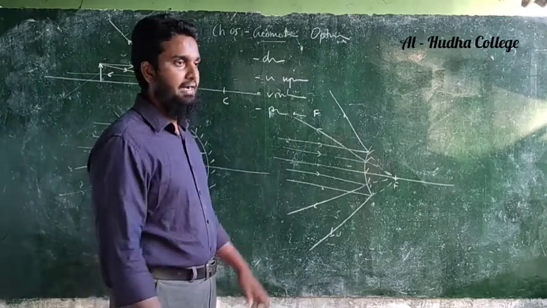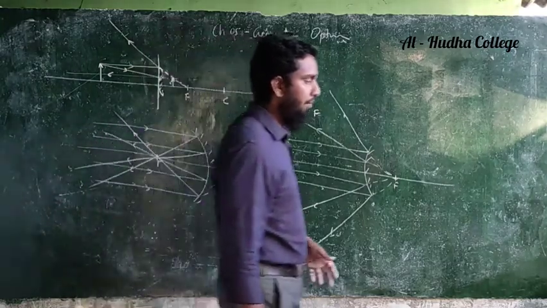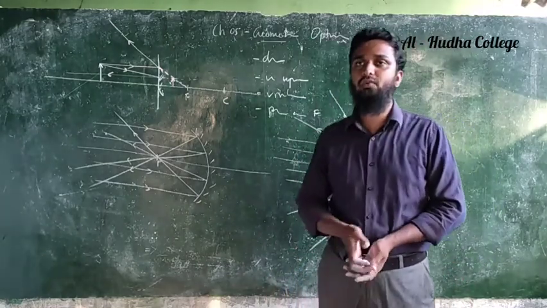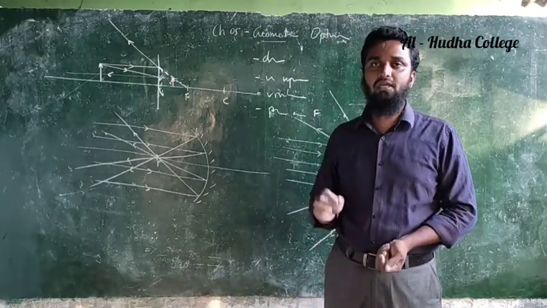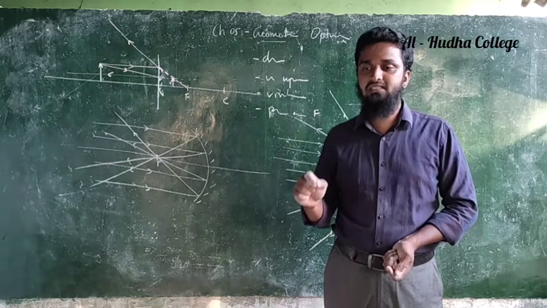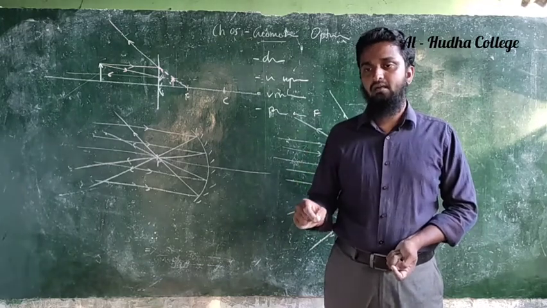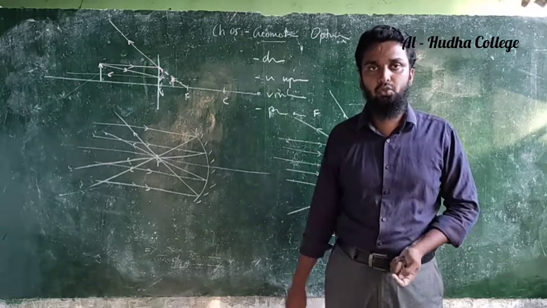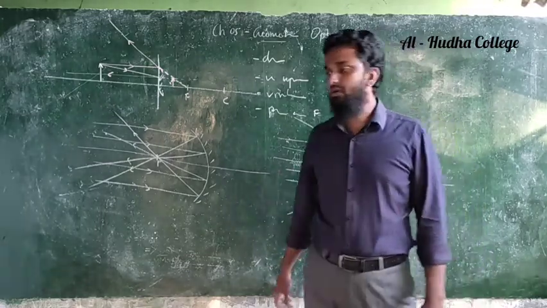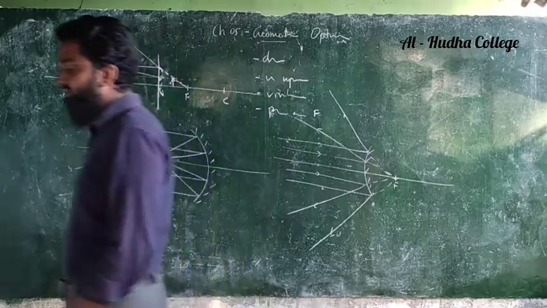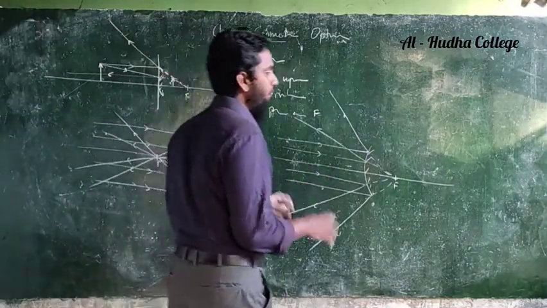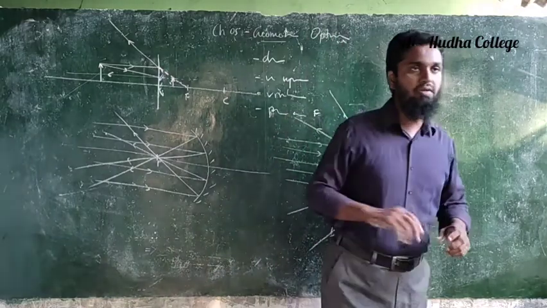This name can be seen in past papers, in the MCQ. They will not give the convex mirror in the answer; they will tell you the diverging mirror. Then you should know they are talking about the convex mirror. That's it for this video. We have completed reflection in geometrical optics.